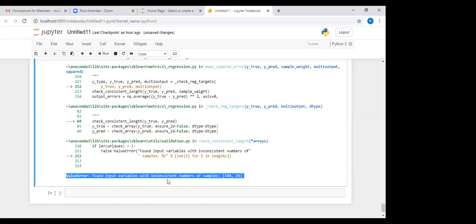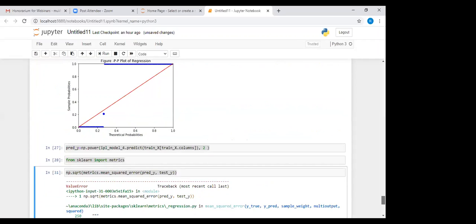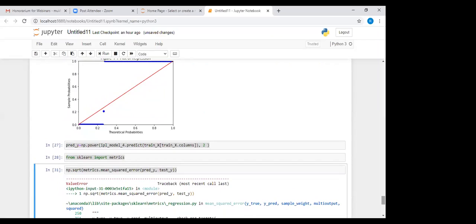Okay, there must be an inconsistency in the sample as it is showing. I have to check the sample once. But this is the standard form of finding the root mean square error. Okay.